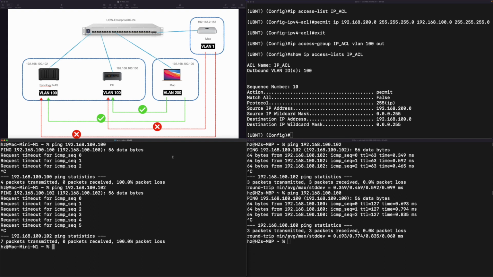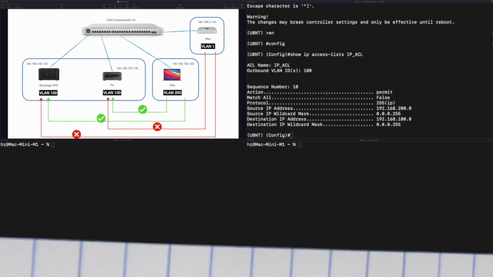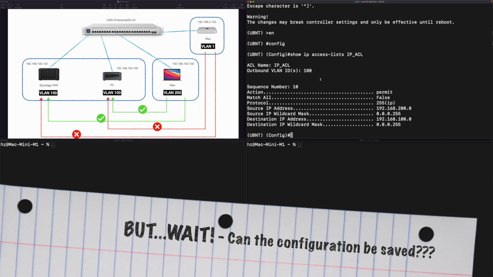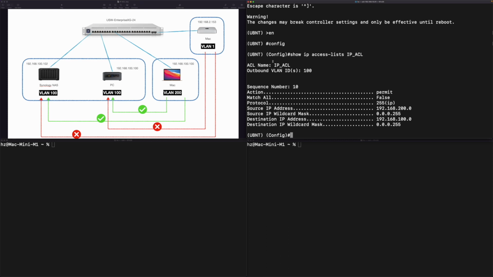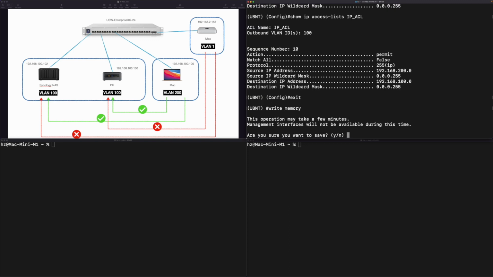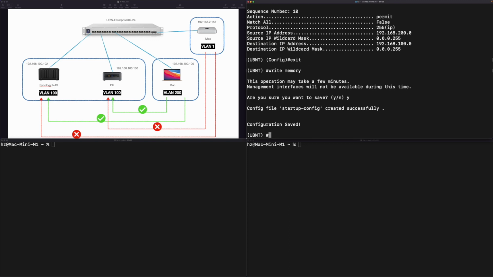We have finished all the three scenarios. We just configured the changes, but we never really saved them. So let's do it now. Let me first exit the config mode. I just run this command to show you that, okay, this IP ACL is still active. Let me exit the configure mode. Now let me run the command write memory. Yeah, let me say yes. Okay, it's saved. The message says config file startup config created successfully. Let me reboot the switch, then go back to the system to see whether we still have this